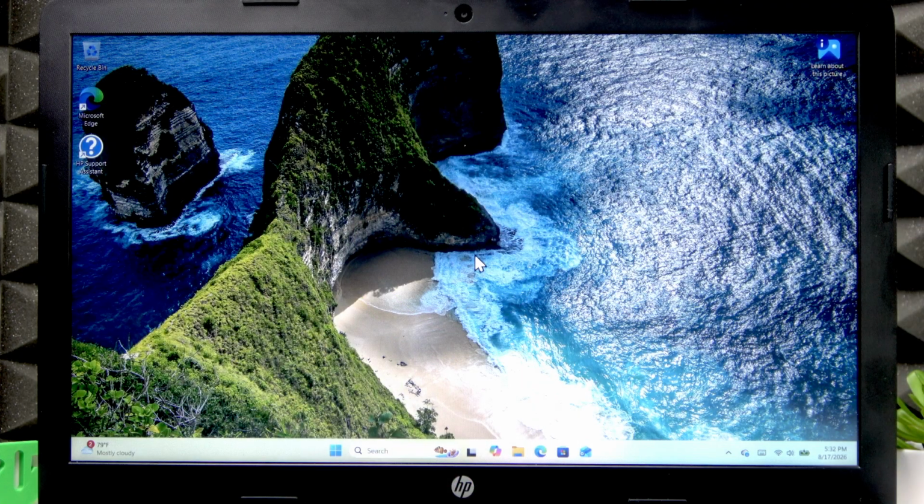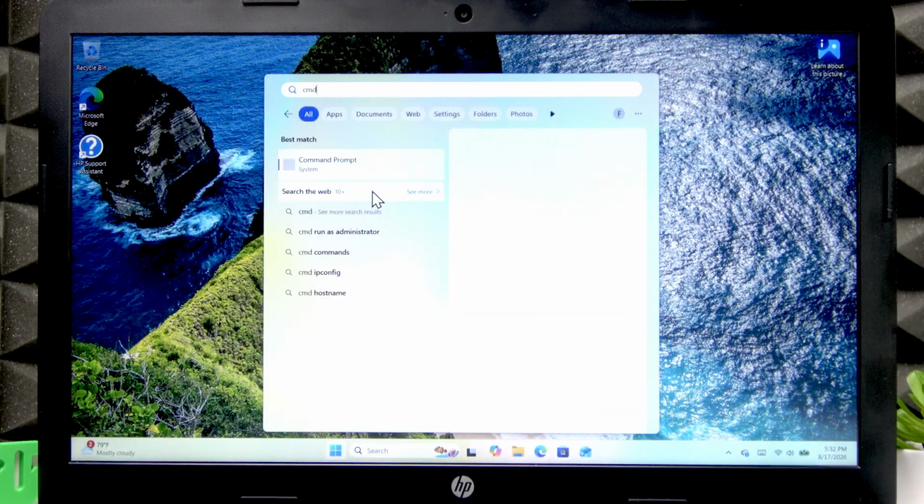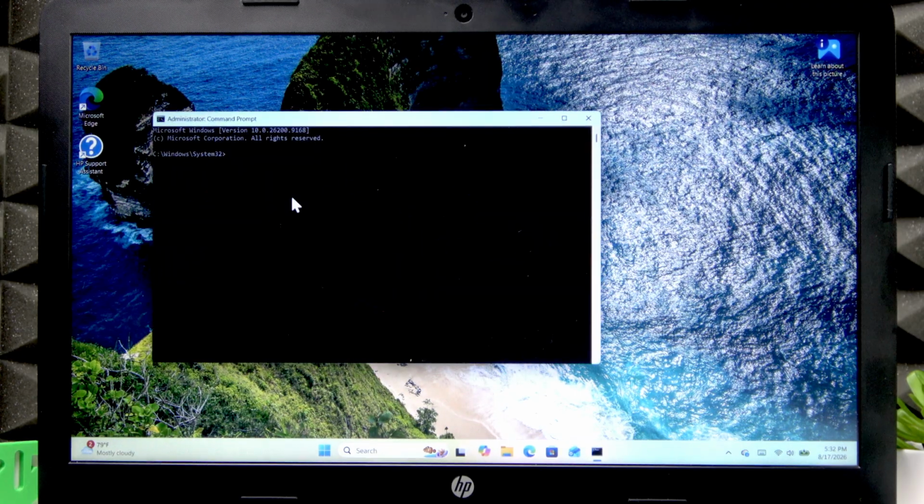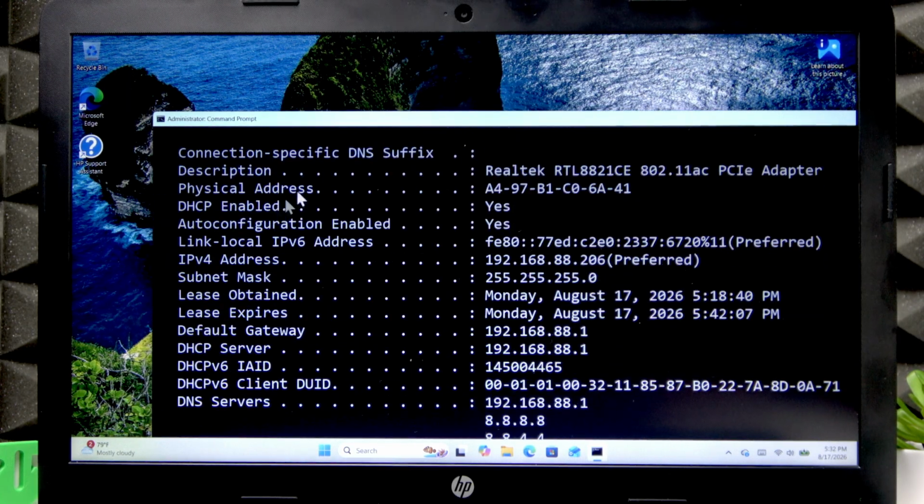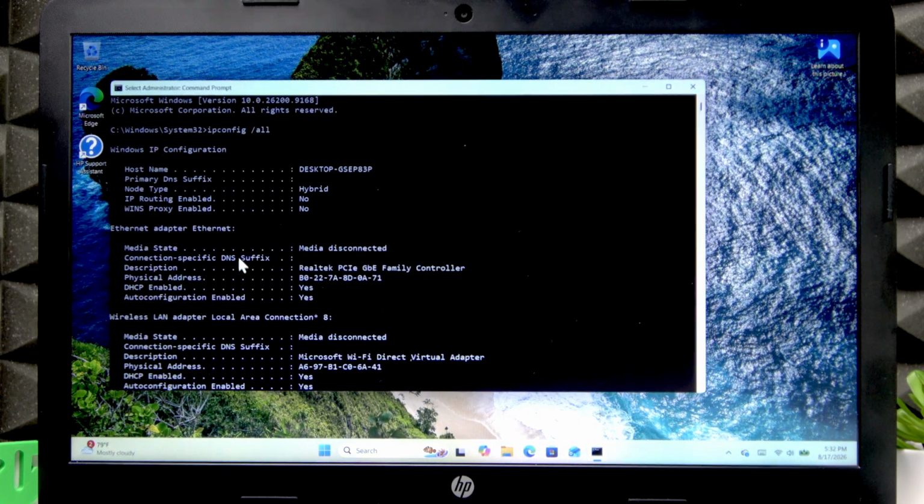First we need to open the CMD application, so open the start menu and search for CMD. Find Command Prompt and run it as administrator by clicking right here. Then click yes, and in the following window you have to input ipconfig /all. Press enter to run this command and you'll get the list of